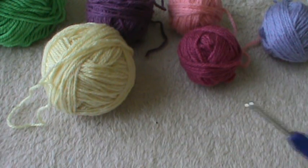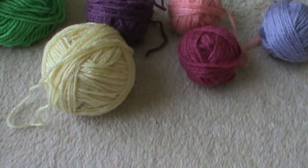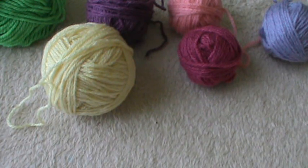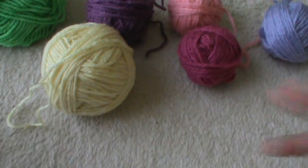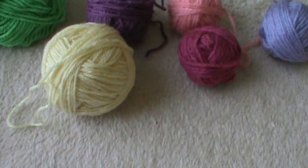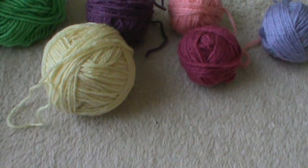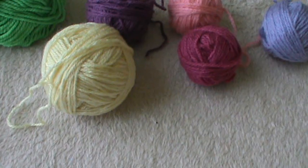Crocheters of the world, in this tutorial I will show you what I think is the easiest way to crochet socks. We know that crochet socks and knitted socks are really nice and warm for winter, and it's really nice to make our socks as we like, with the colors, the yarn and so on. And of course to make them to give them